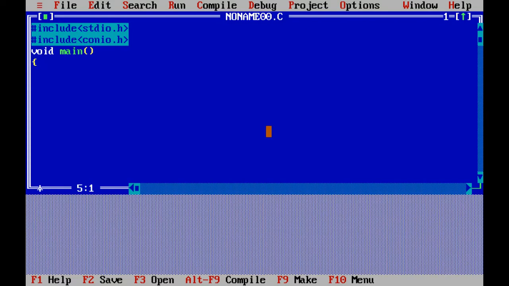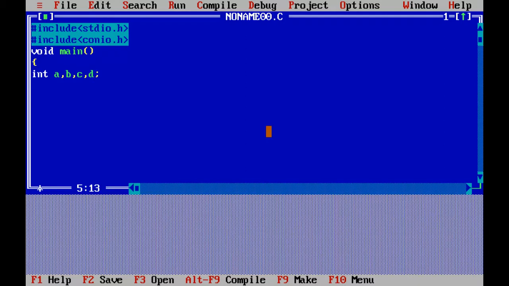Now in this program, we're going to use the logical operators, that is AND and OR. At the same time, we'll also use the left shift operator and right shift operator. Now let's see how we go about. I'll declare a few variables which I'll be using later. So int a, comma b, comma c, comma d, and then a semicolon.